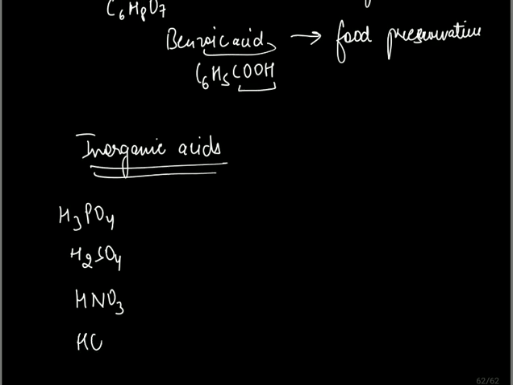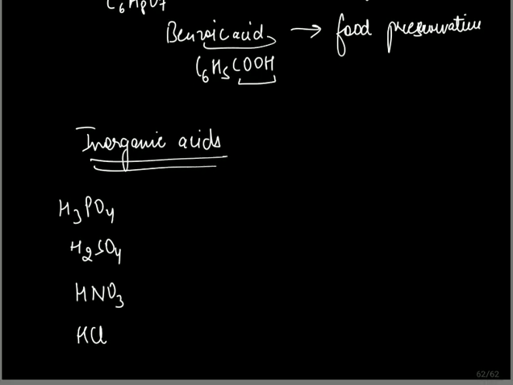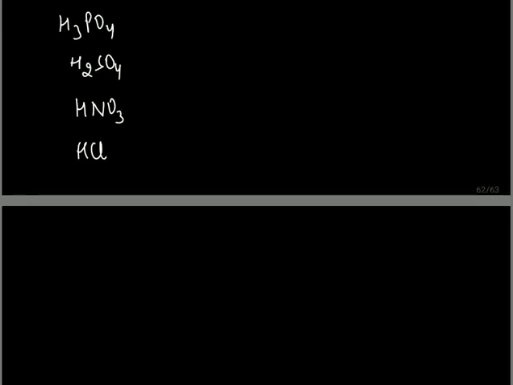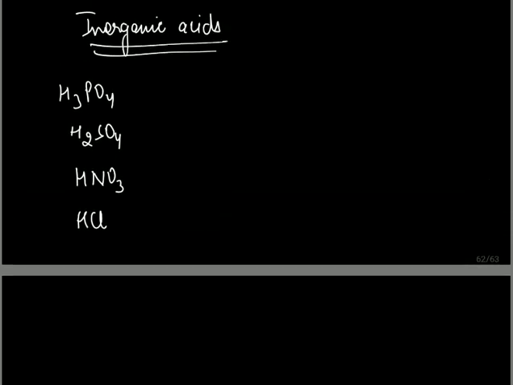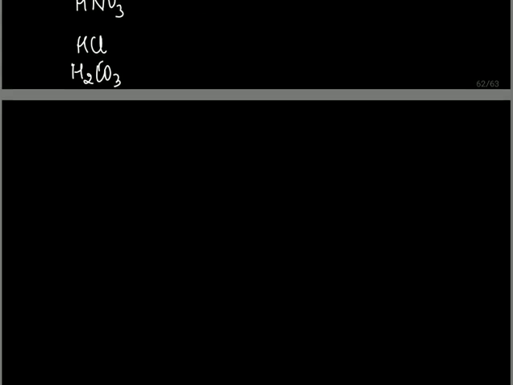HCl is there in our stomach in the form of gastric juice. Otherwise, we can clean metal surfaces with HCl. Then we have carbonic acid. Carbonic acid is also present in soft drinks, any kind of carbonated water. So it will have carbonic acid. Now, next, we are going to move